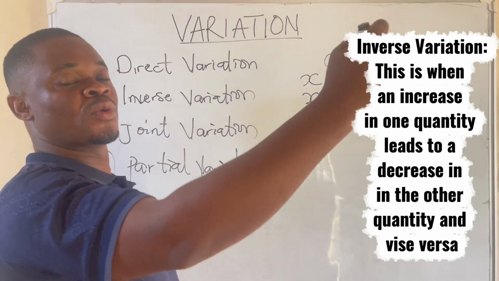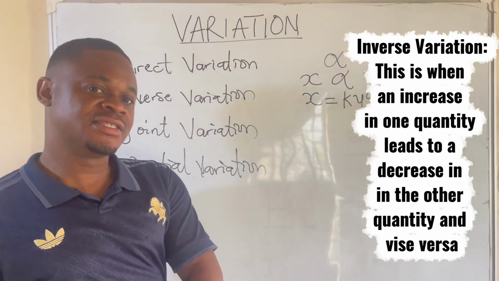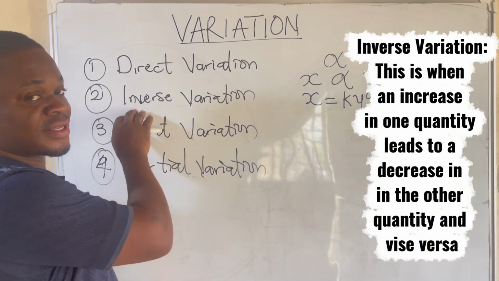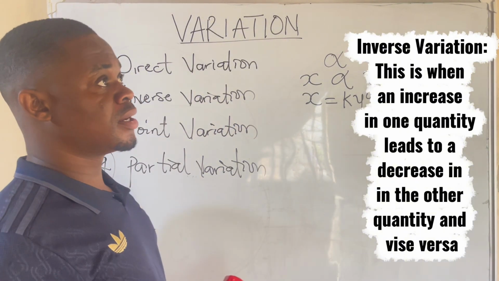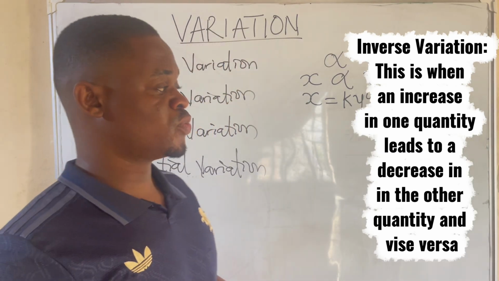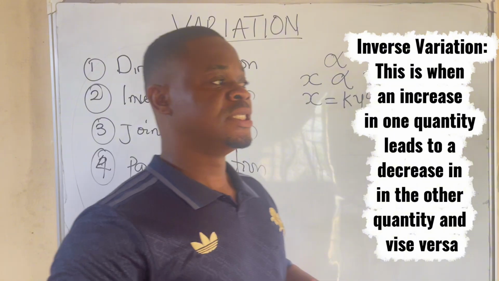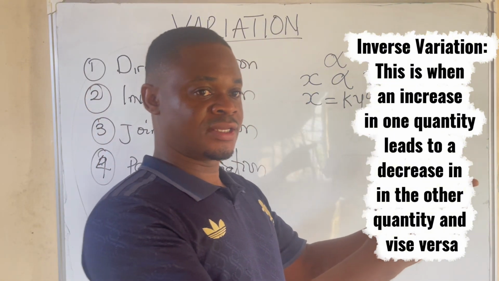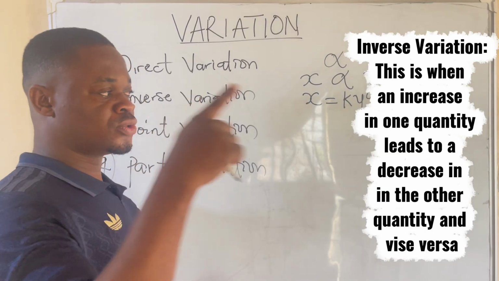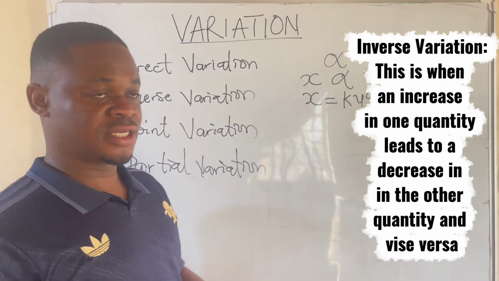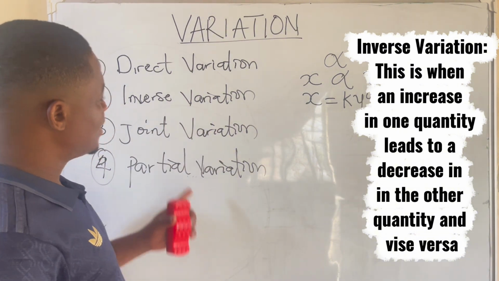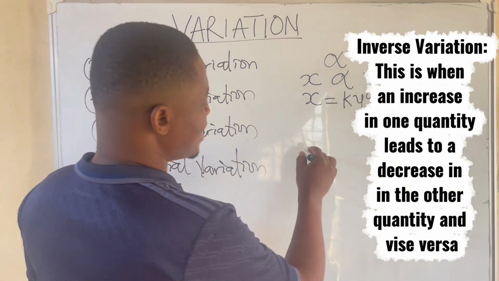We can take speed and time as an example, because when you have a distance you're going to cover, the more speed you are taking, the lesser the time it is going to take you to get to that destination, as I explained initially. So in that case, we'll say that that variation is inverse,